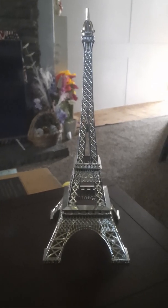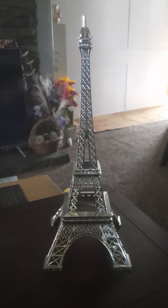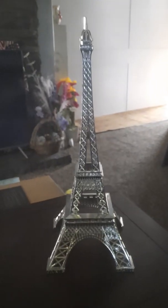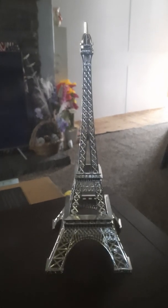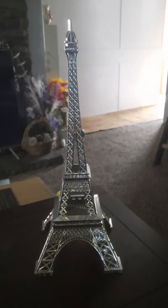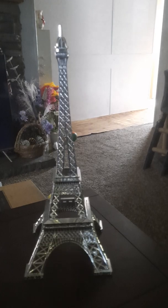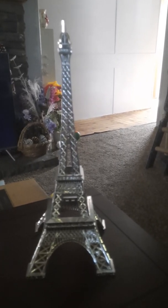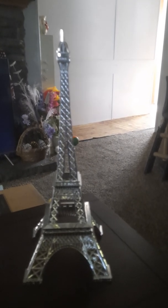So this is the Eiffel Tower. This is an art installation that has been in the works, to be completed since 2015. This is the Eiffel Tower, and to have it wrapped in gold aluminum foil is the art installation. To think of who would do it and if it could be done, it is noted that the tower is